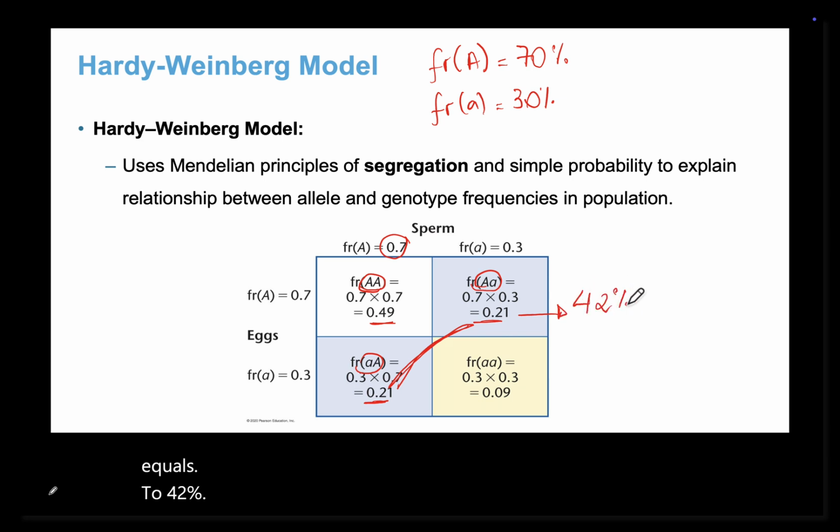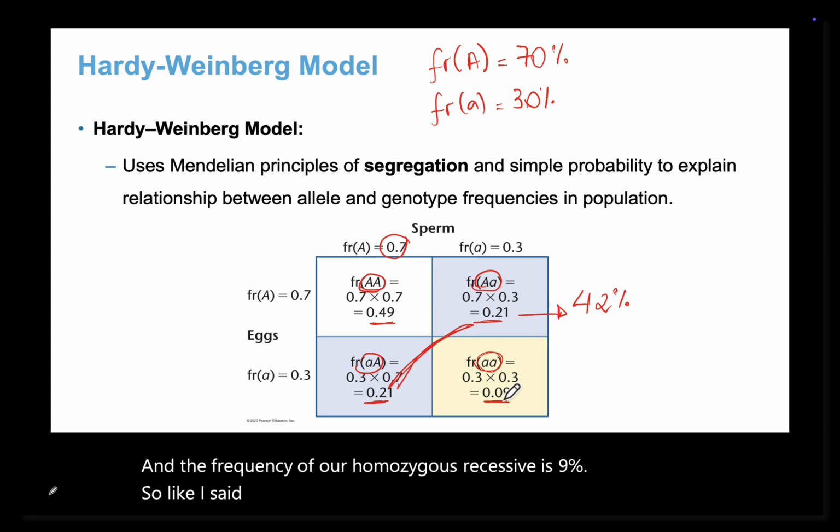Okay? And the frequency of our homozygous recessive is 9%. So, like I said, knowing the allele frequencies, we can calculate the genotype frequencies based on the principles of the